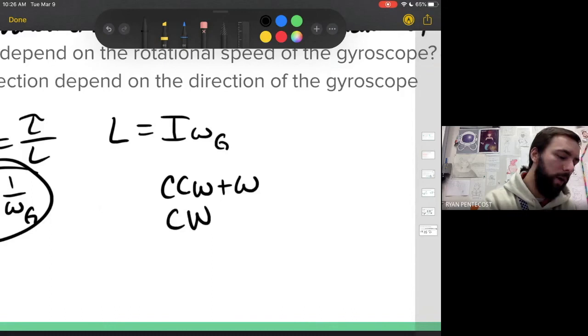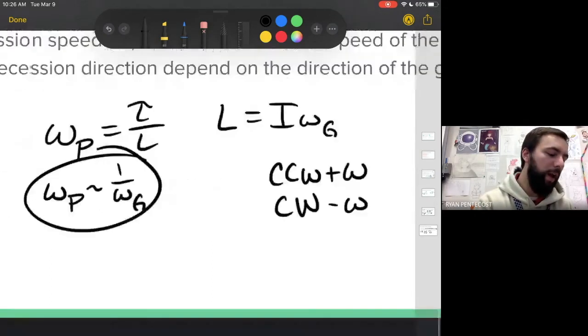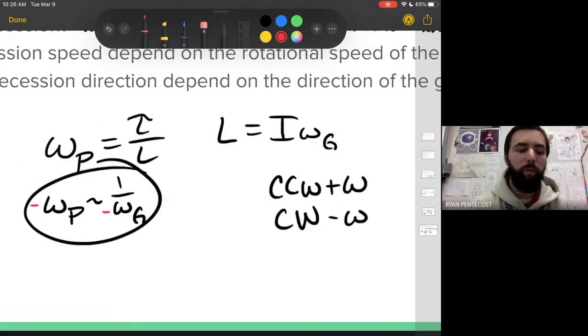And clockwise would be a negative angular velocity. Well, since we have that relationship here, if this guy goes negative, so does the angular velocity of the precession. So the direction of that angular velocity does directly affect the direction of the precession's angular velocity